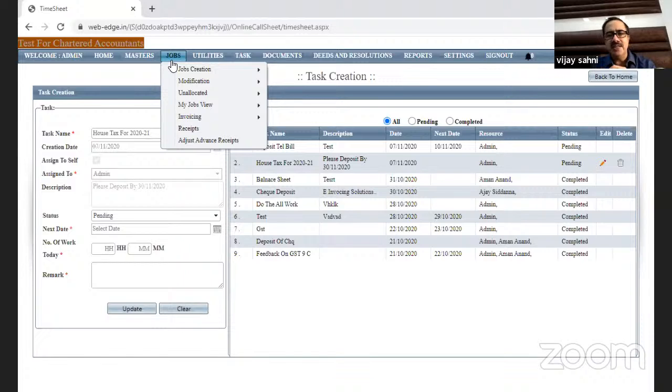Now there is a facility that if a particular due date has crossed, it is the duty of the employee to either change the status from active to completed, or move the target date and provide the reason. For example, today was the last date for income tax return filing for a particular client, and I have not completed it. A job was assigned to me, so either I have to complete it or I have to move it to